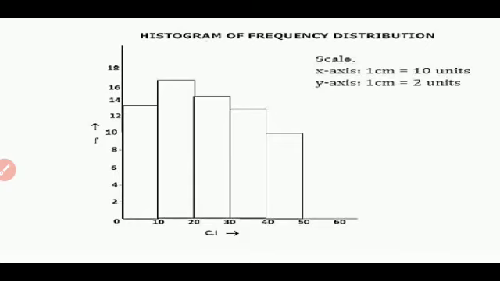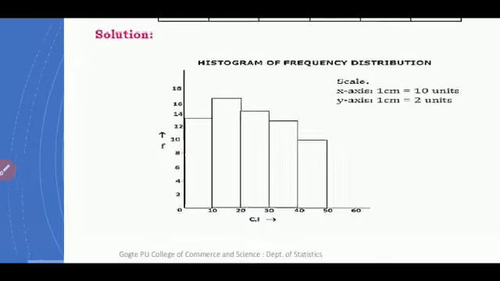So in today's class, what all have we dealt with? We dealt with the two-dimensional diagrams, and we saw examples on the same, that is the pie chart. So please practice the examples from the textbook. The more you practice, the more perfect you are going to be. And also under graphical representation, we just saw a simple example on histogram, and next class we will be dealing with more.